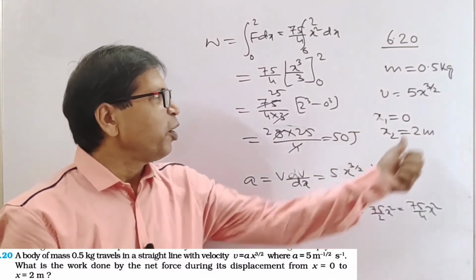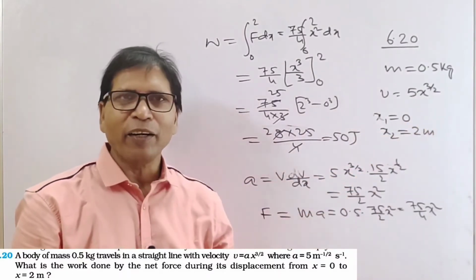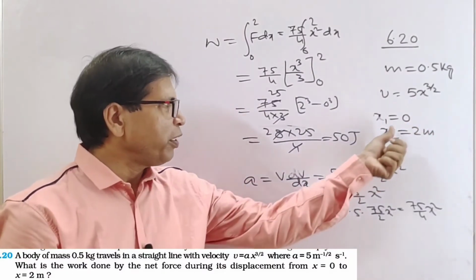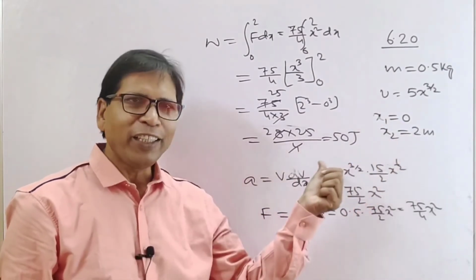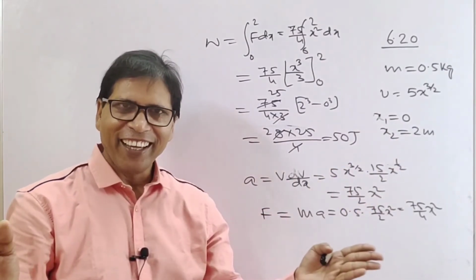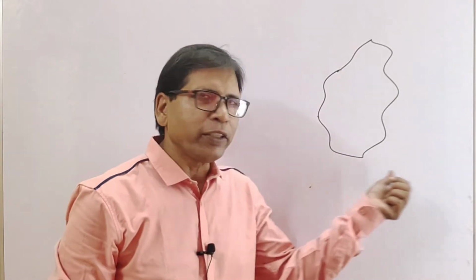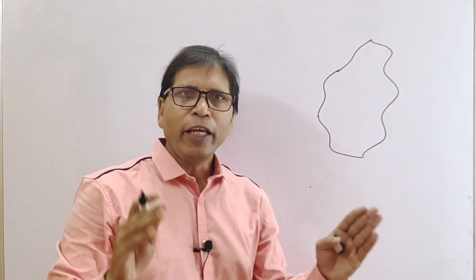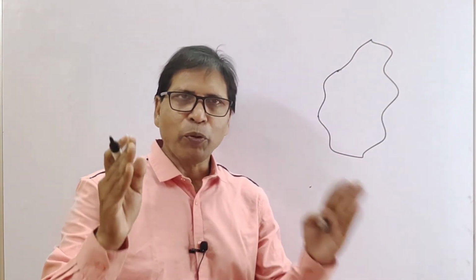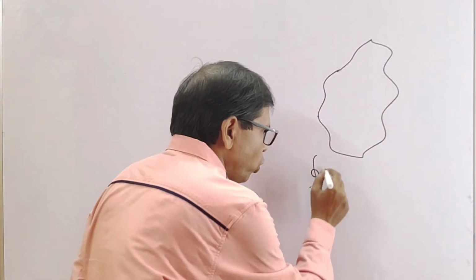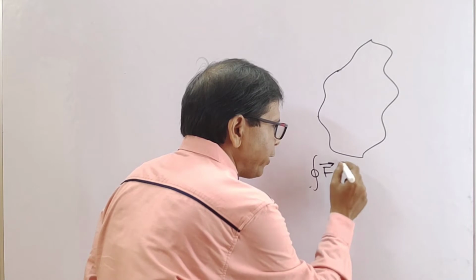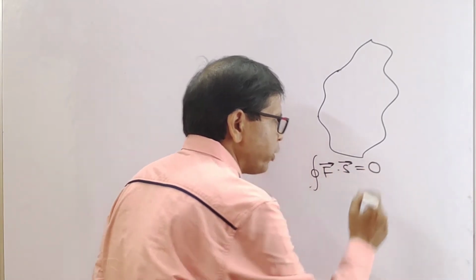So the work done by the variable force during the displacement x from 0 to 2 meter is 50 joule. Okay. Next, look at this. Suppose this is a closed path. If the work done by a force in this closed path is equal to 0, then this force is called a conservative